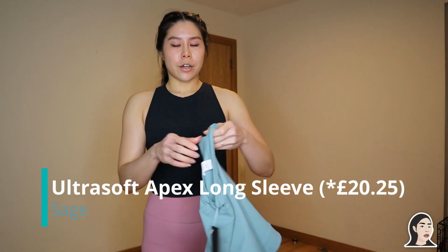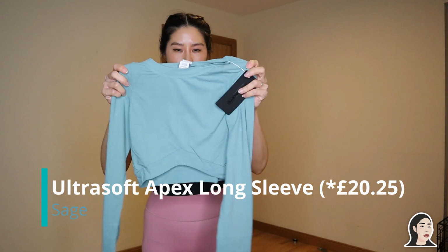And yeah. So as I mentioned earlier, I really like the Ultrasoft long sleeve Apex top. I got another one in Sage this time round. The previous color was Nova Blue. And I'm not going to try it on because if you want to see the fit, you should watch the last video. But this one is the same size. I got this in a size S, and like I mentioned in the previous video, I could have gone down to a size XS, but it doesn't really matter that much